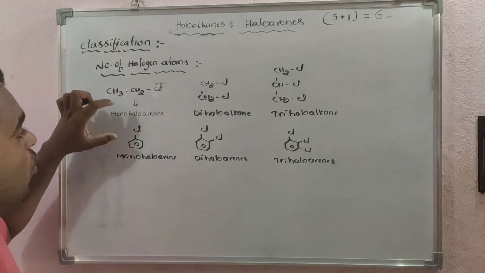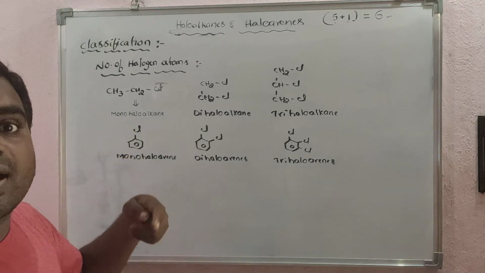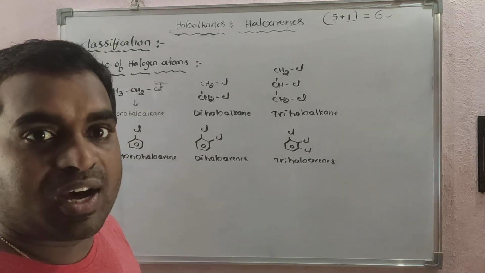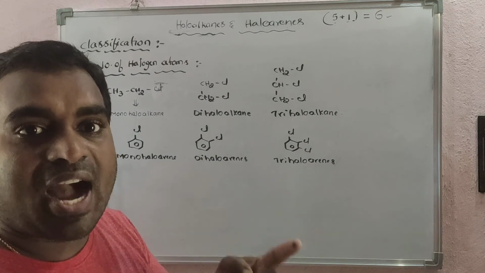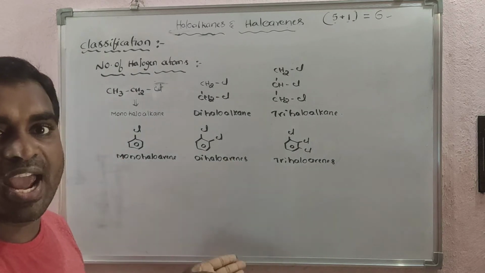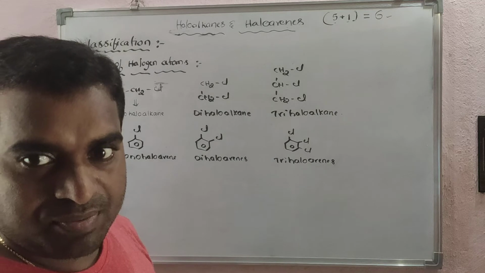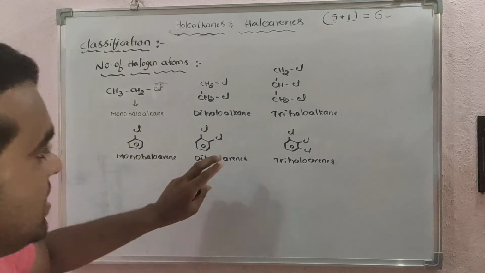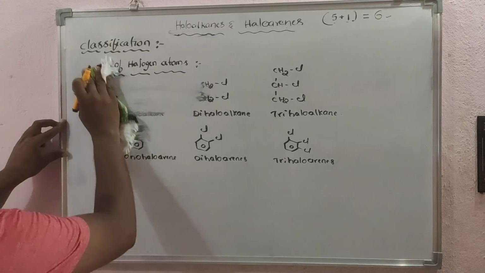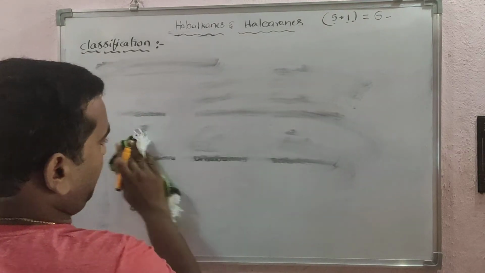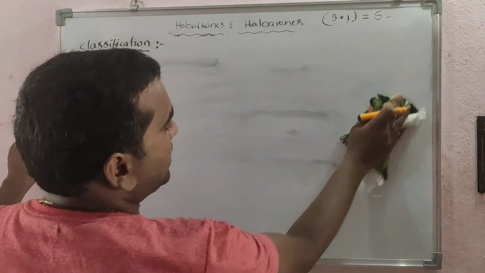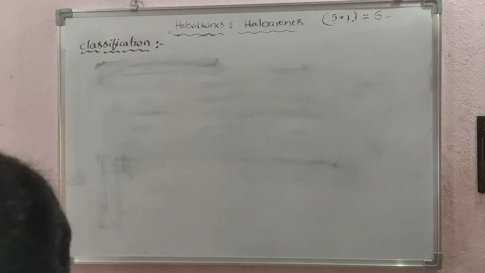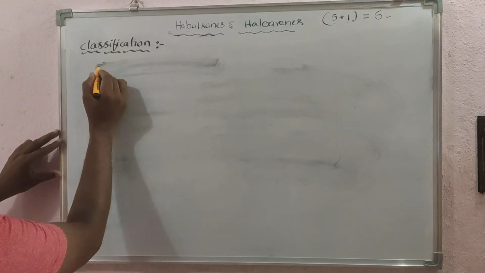These monohalo compounds are further classified according to the hybridization of the carbon to which the halogen atom is attached. Clear? And that classification we will see now. Understand here? In this we will discuss based upon the hybridization, means compounds containing